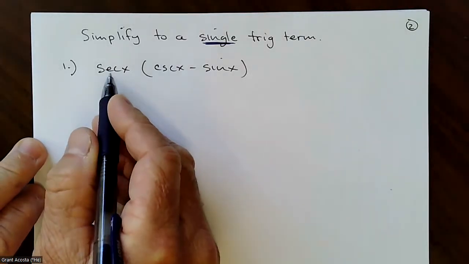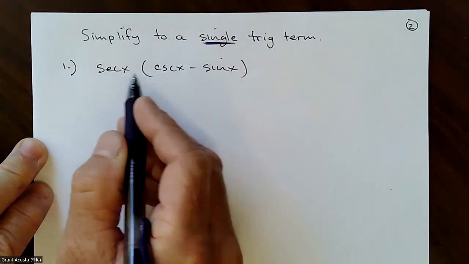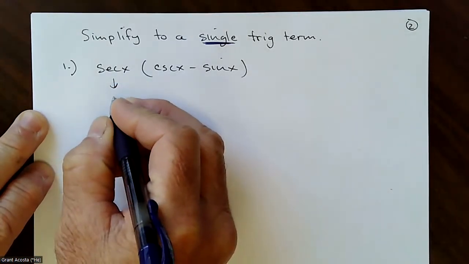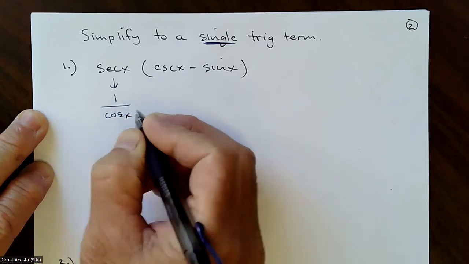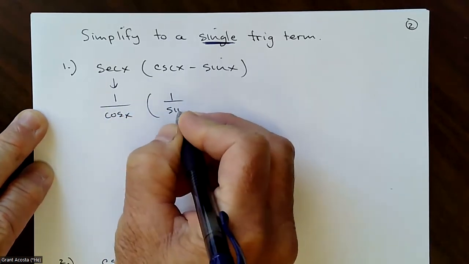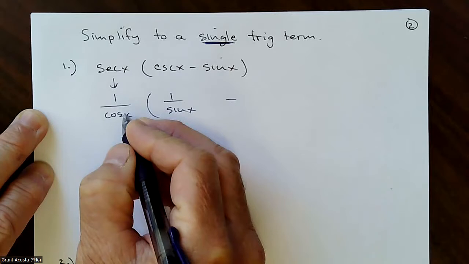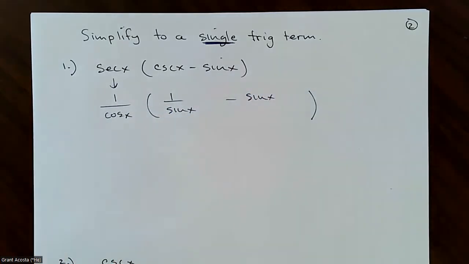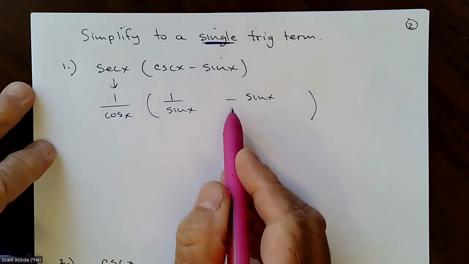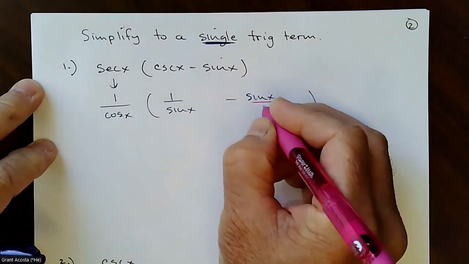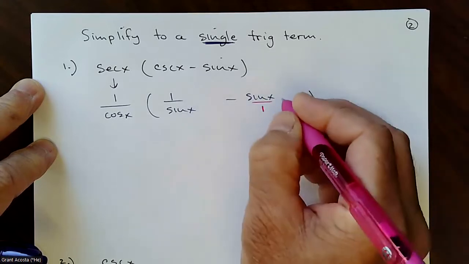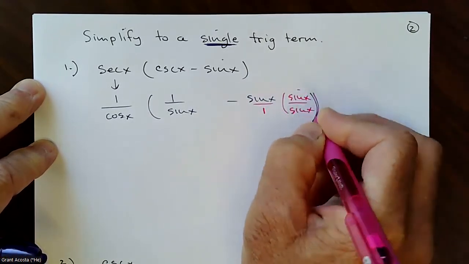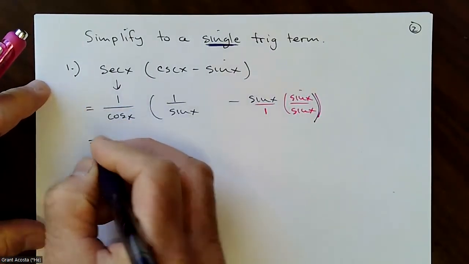So your strategy, since I have secant and cosecant, I can write both of these in terms of sines and cosines. That's generally a good strategy to work with. Just change everybody in terms of sines and cosines. Secant is 1 over cosine, cosecant is 1 over sine. And then what I'm seeing inside these parentheses, if I think of this as over 1, I could combine these two with a common denominator by just multiplying this fraction top and bottom by sine x over sine x. And that's going to give me